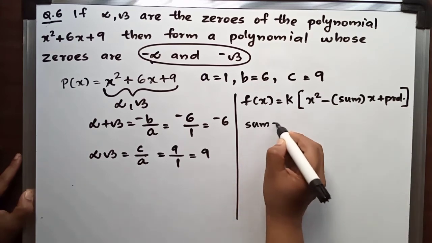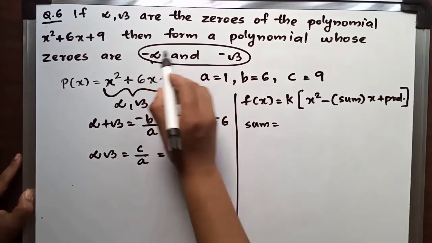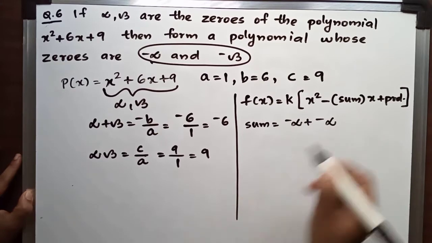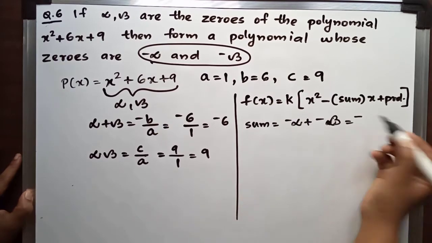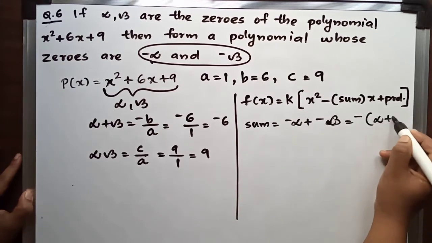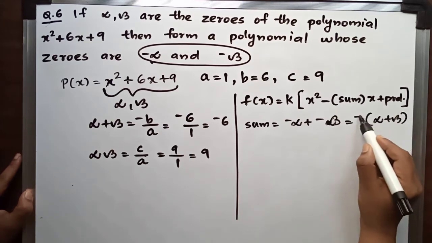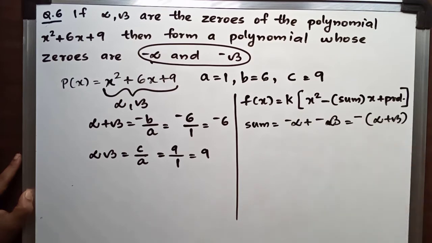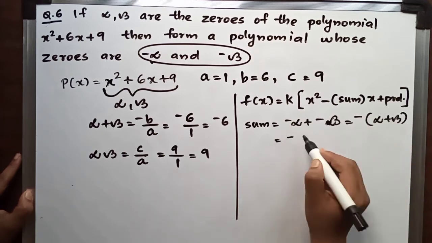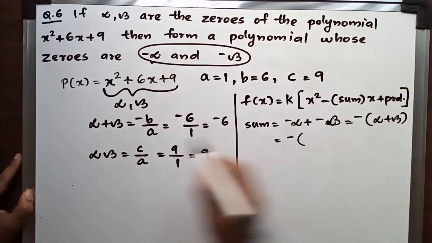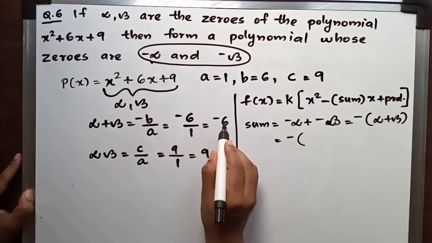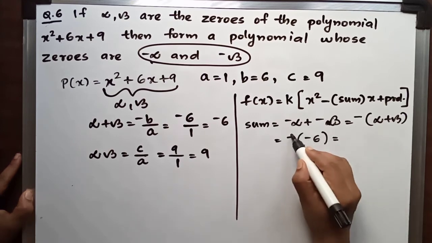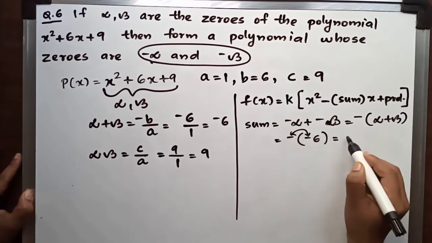Anyways, here the sum of the zeros is minus alpha plus minus beta. That is minus of alpha plus beta. See, minus of alpha plus minus of beta. So it is minus of, what is alpha plus beta? Here alpha plus beta is -6. So it is minus of -6. Two negatives coming together means it is positive. So it is